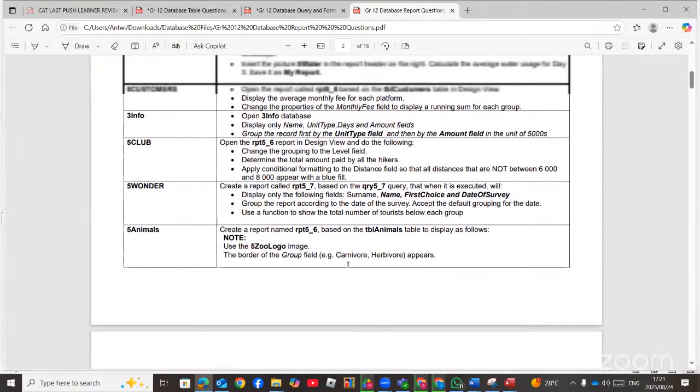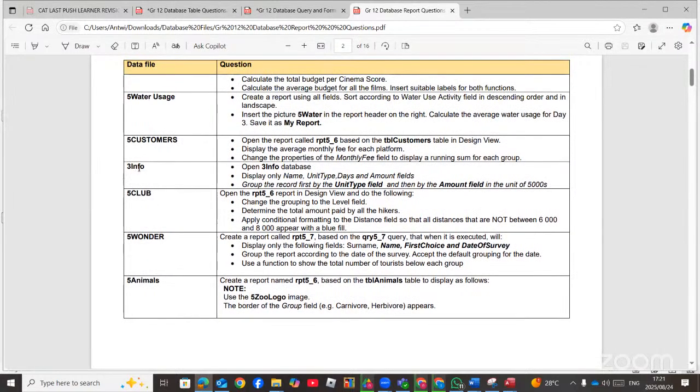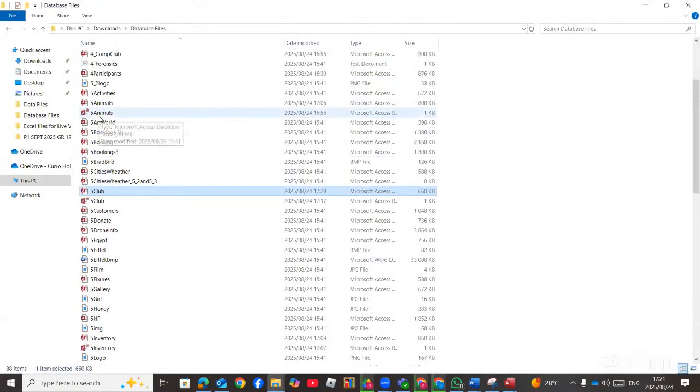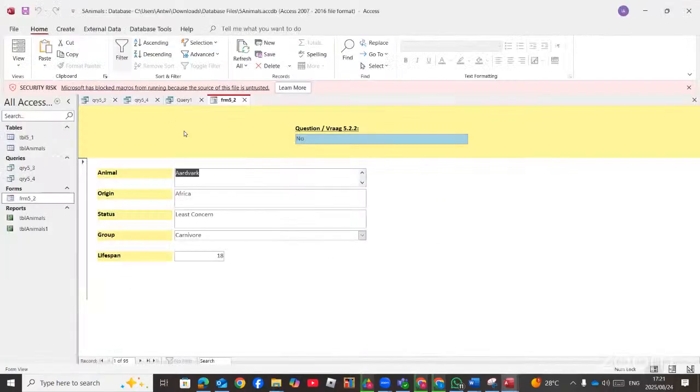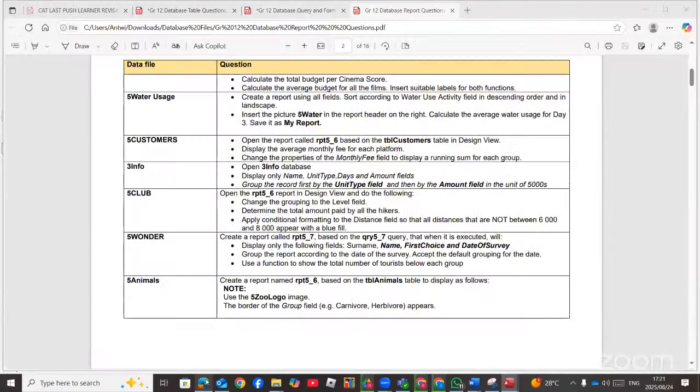Regarding the report, I want her to pick. Let's choose 3 info. And then the last one will be the one that we have a screenshot. Now 3 info, say we have to create. We have to create